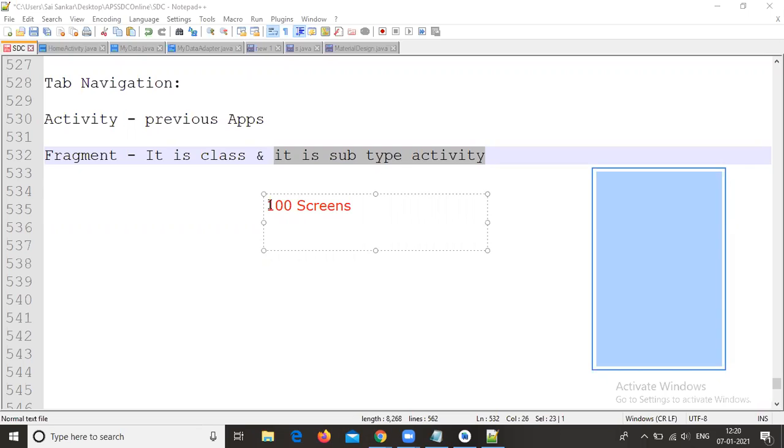If you want to develop these 100 screens using activities, you need to create 100 activities, and we need to give 100 activity configurations in your manifest.xml.